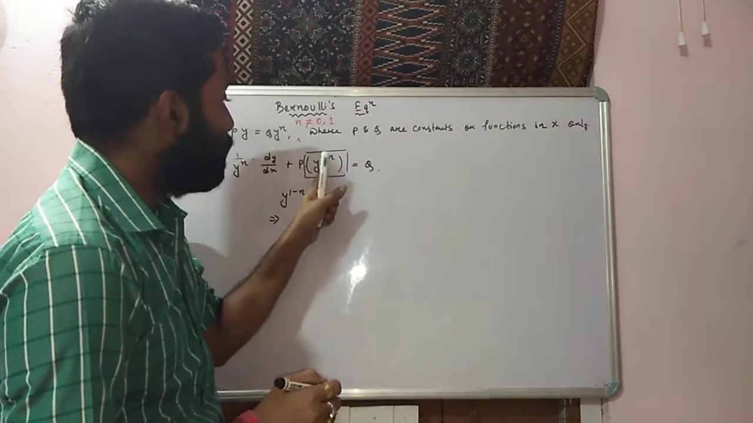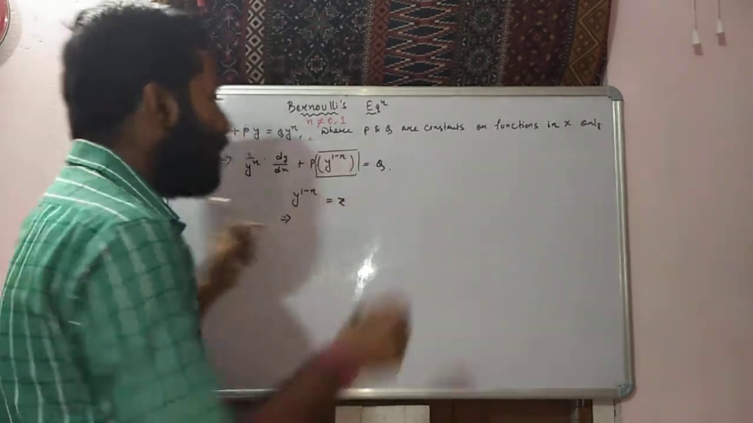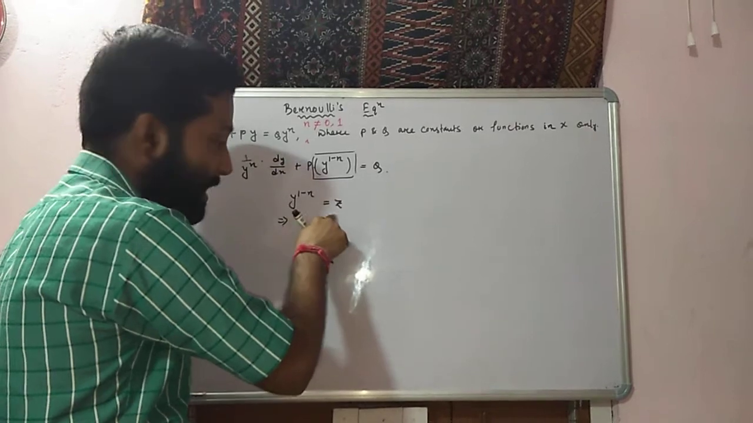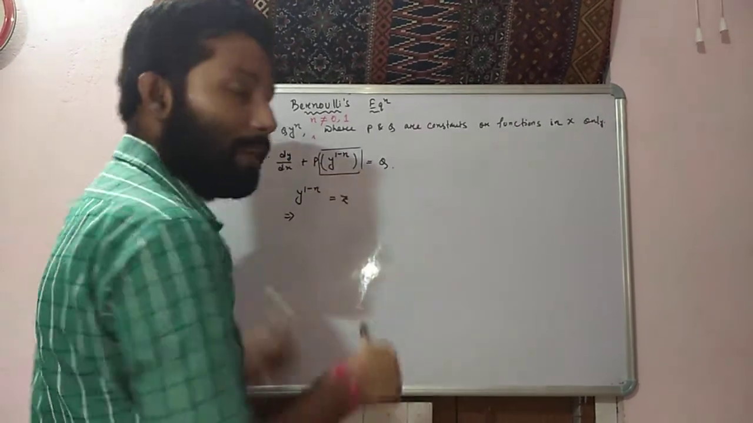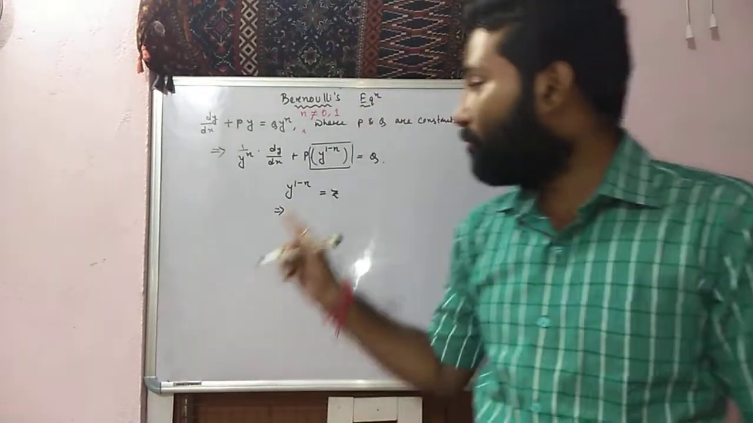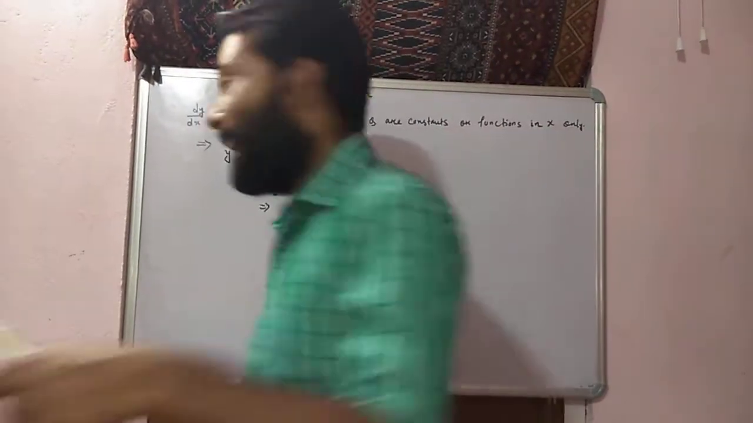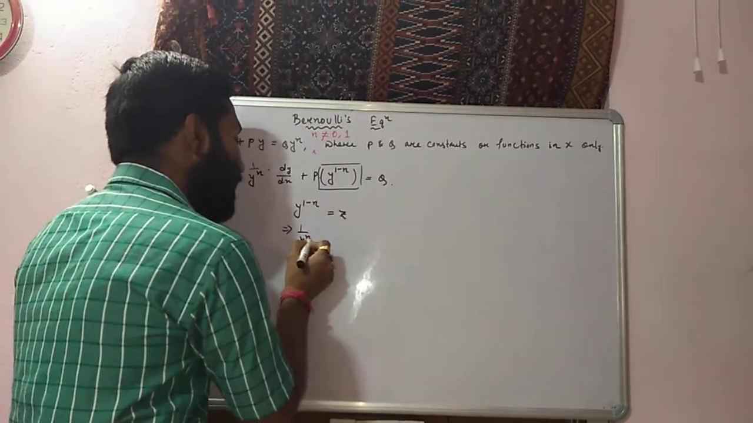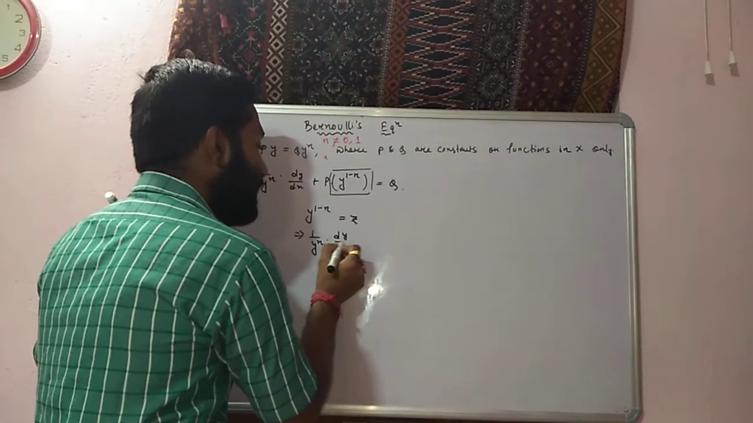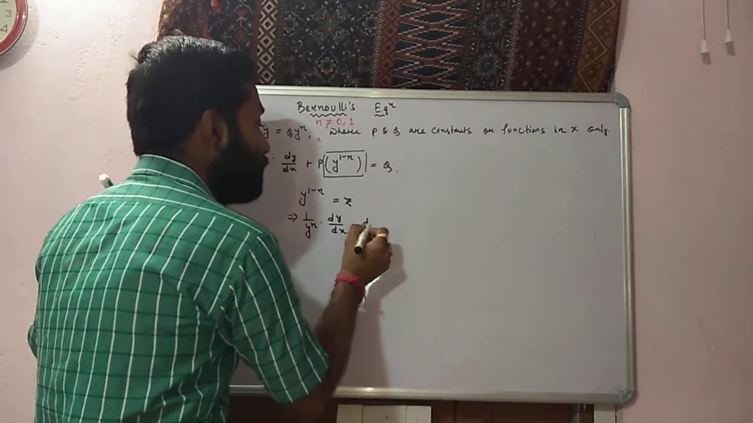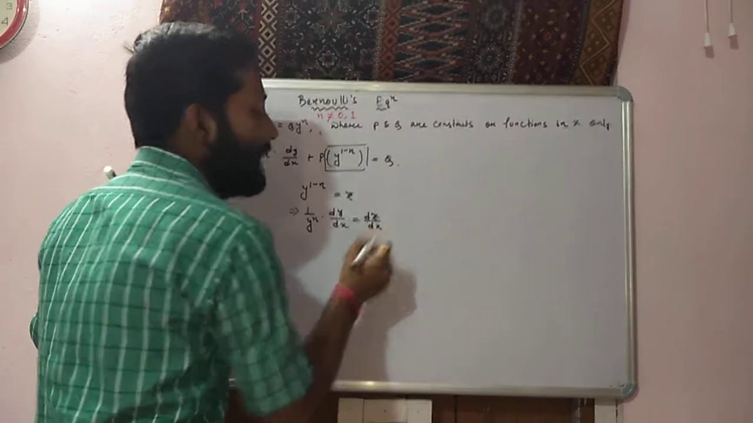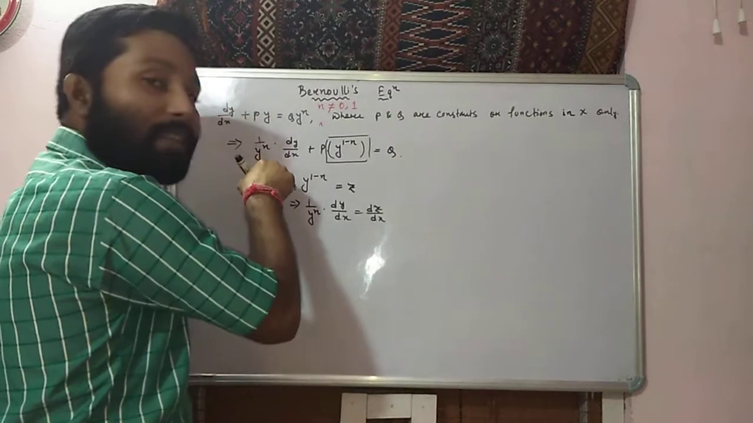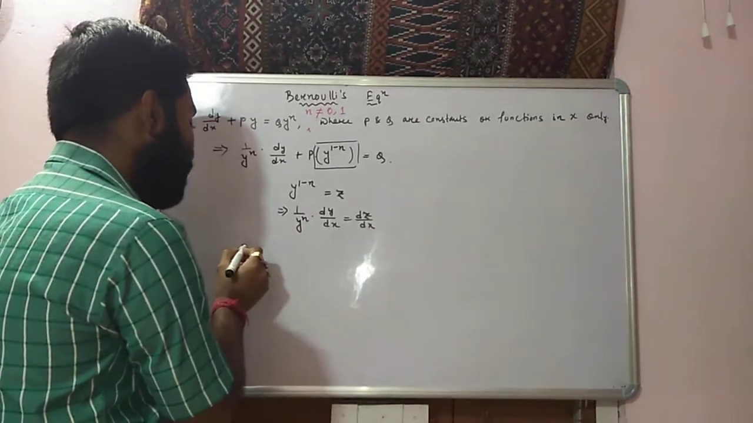So if I put y to the power 1 minus n equal to z, you have to differentiate both sides with respect to x. If you differentiate both sides with respect to x, we will get 1 by y to the power n into dy by dx, which is equal to dz by dx. So 1 by y to the power n into dy by dx is nothing but the first term, so we can replace the first term by